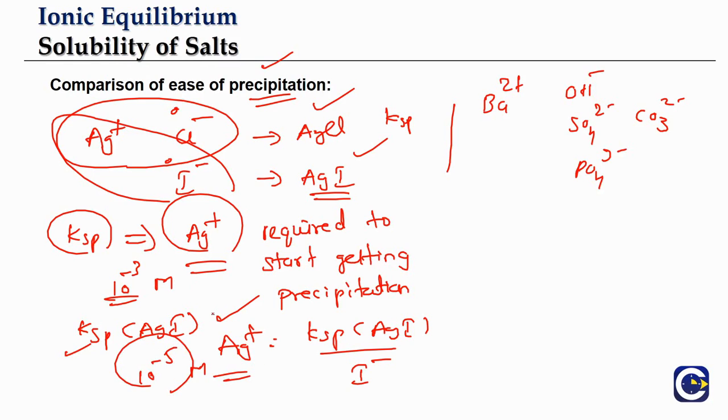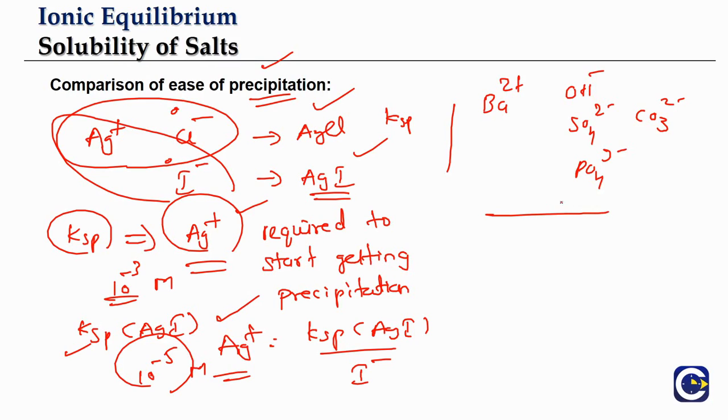So what is the approach? We look at the common ion. So here it is not like the common ion effect that we talk about. We'll talk about the common ion effect in case of solubility also in the next part of the video. But here, if you look at many salts having a chance of getting precipitation, then we will try to find out what is the concentration value of this Ag+ ion for each of these salts where the precipitation can start or begin, and whichever is having the lowest value of these concentrations, that salt is going to be getting precipitated first. So that is the way we will compare.